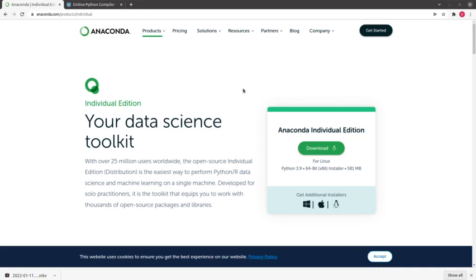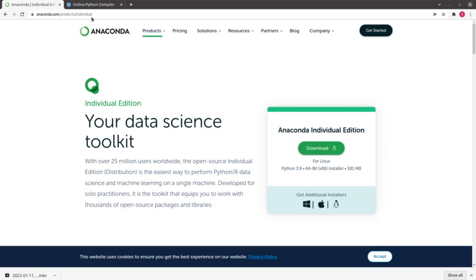And if you're new to the world of computer coding, then you don't really want to go in and fiddle with updating packages and adding packages and things like that, as it can get pretty hairy pretty quickly. So my personal recommendation would be to go to simply this website,